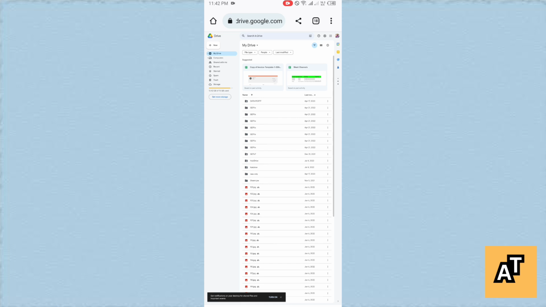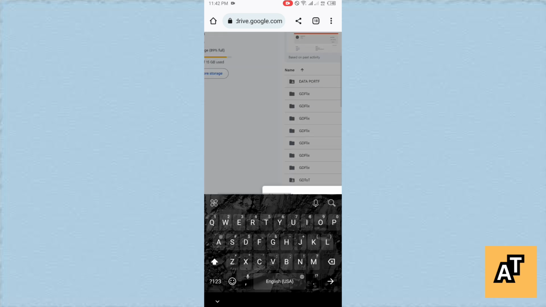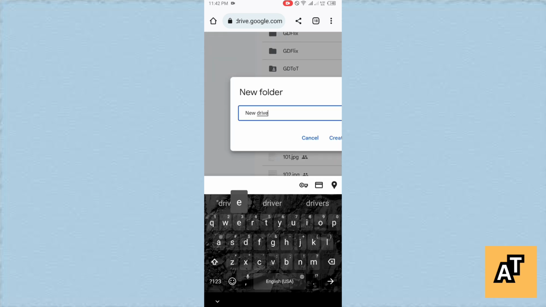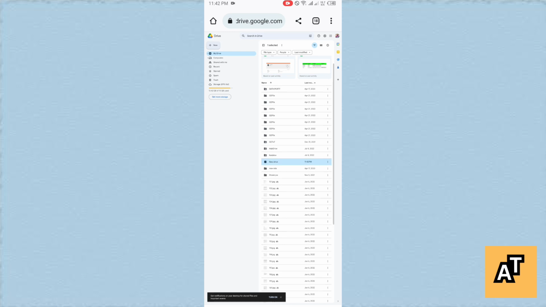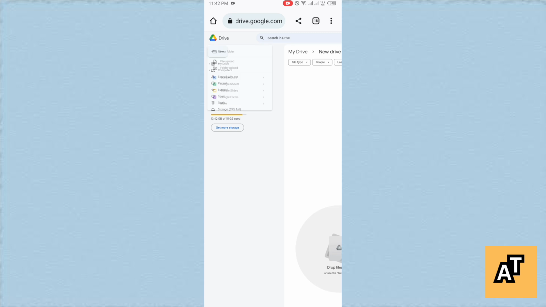Now you have to tap on New. Click on New Folder. Name the folder. After giving a name to your new folder, you have to choose the file which you are gonna put in this folder and tap on Create. After creating it or while creating it, you can also upload a file from your device,